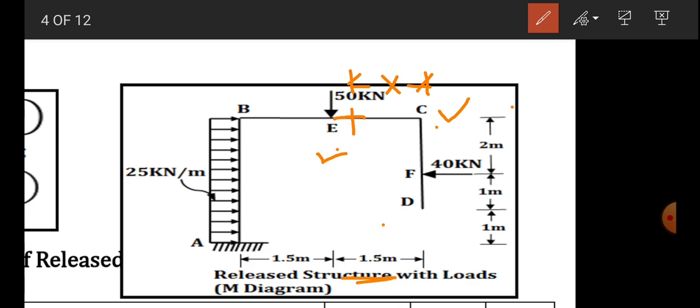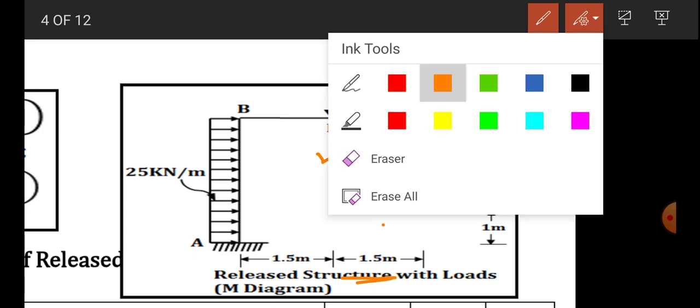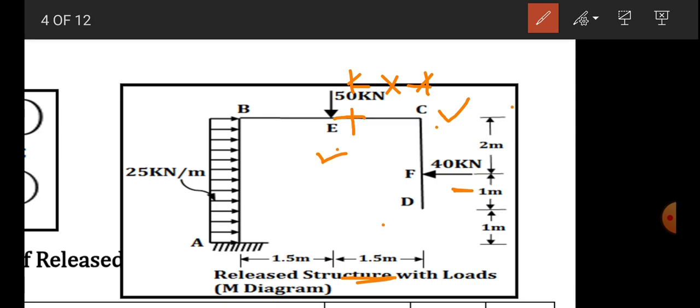How many forces are acting? Only one force is acting, which is horizontal, 40 kilonewton. So now you consider the horizontal axis out of the two imaginary axes, because the force is horizontal. Let's draw the line of action of the 40 and this horizontal axis. Find the perpendicular distance between these two, which acts as the lever arm. This perpendicular distance is 2 meter, so the lever arm will be 2 meter.